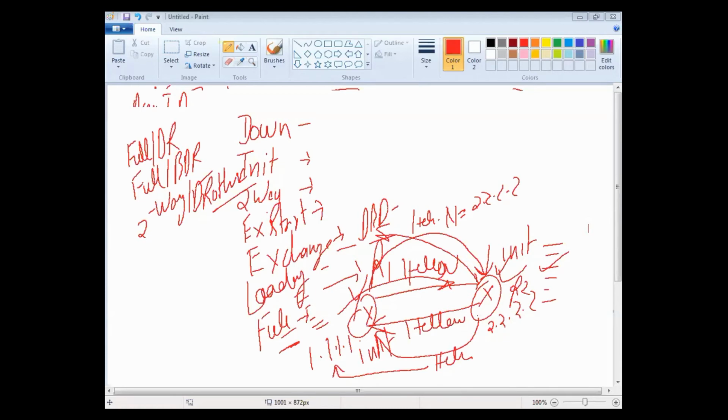So you have to manually tell OSPF which one is your neighbor. And one more thing is the virtual link network type. So we'll discuss that later on.